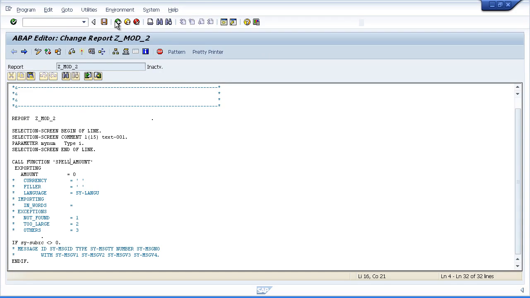So you see, when we call a function module, the actual ABAP statement itself is made up of the word call and function. And then we place the function itself inside single quotes, include all the parameters, and then we have a full stop to terminate this statement. Now note the position of this period. It appears on a line all by itself, and it's there because the system automatically commented out all these optional